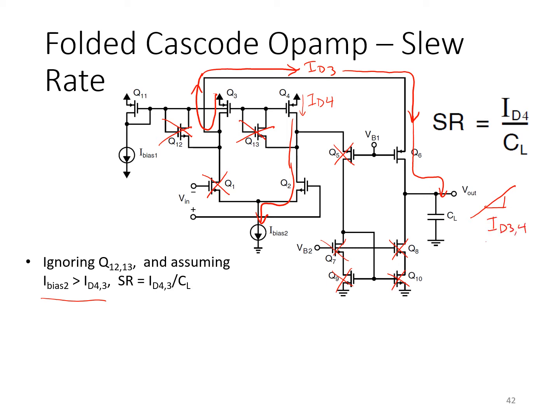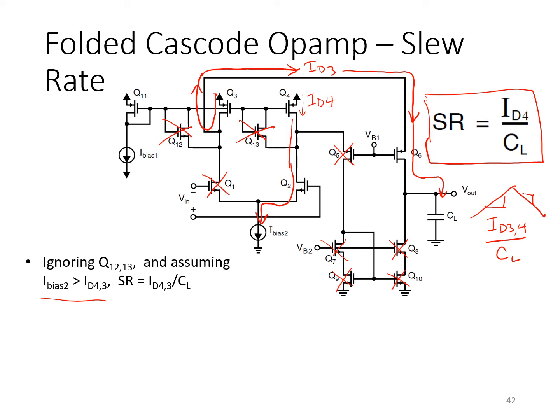And ID3 is the same as ID4, of course, because they're a simple current mirror. They're matched transistors in the same current mirror. So that's the situation. And you could do a similar analysis to see what happens if you apply a large negative step, and you would find a very similar result. The slew rate would be the same on the way down. It would just be a negative slope in that case. Again, it would be given by ID4 over CL. So this expression holds in this case, I bias 2 is greater than